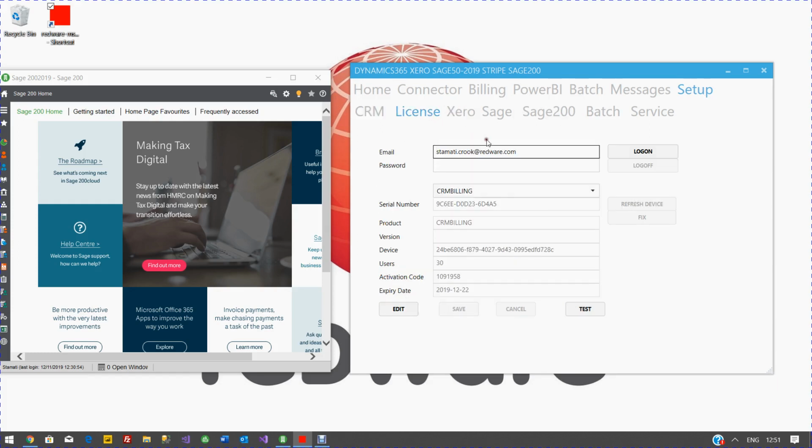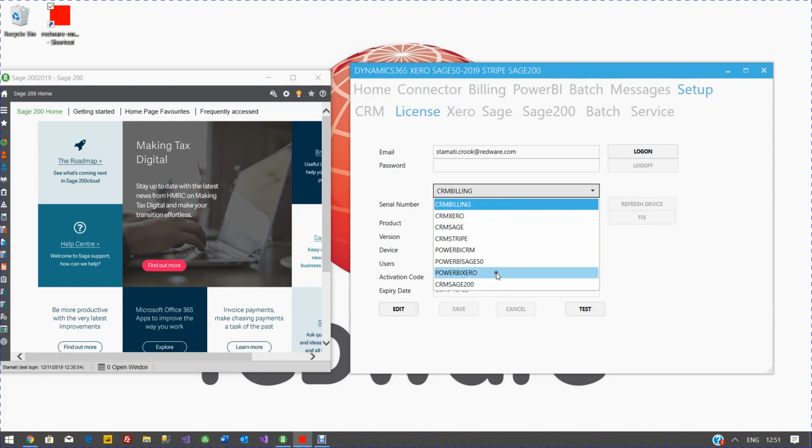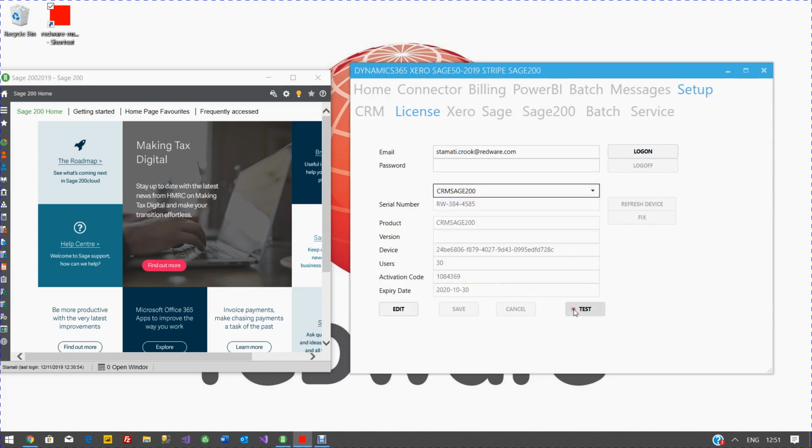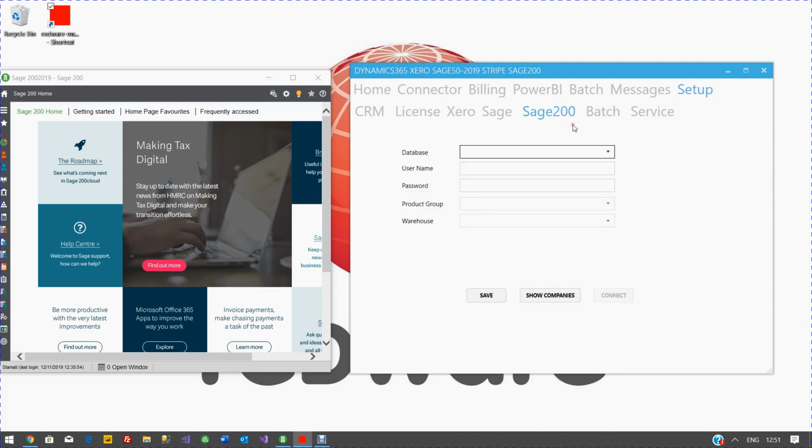And check the license. You should have a license for CRM Sage 200. Just test that license. And then you should have this window appearing here. Now you use your Windows login, not your CRM login. Use a Windows login, doesn't have to be your own one, and press Show Companies, and that will connect through